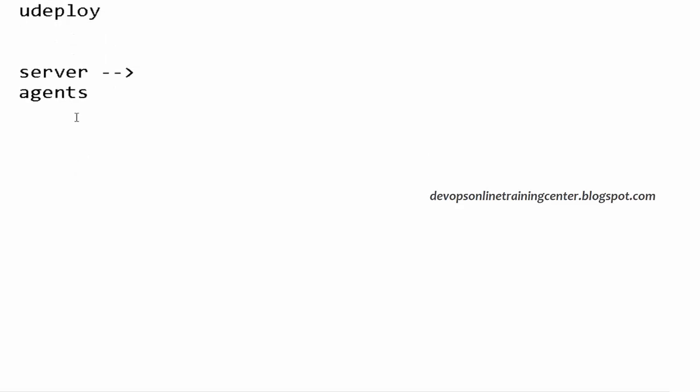So basically we perform automation on all of the machines and all of the clients. In some tools we call them agents, clients, or minions, and in some tools we call the server the master. So we have a master and agents. We write something on the master that will go and update the agent. That's the basic principle.